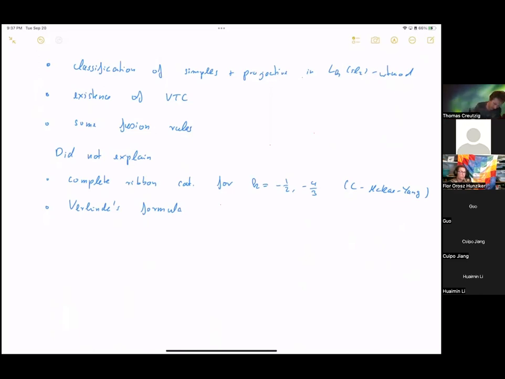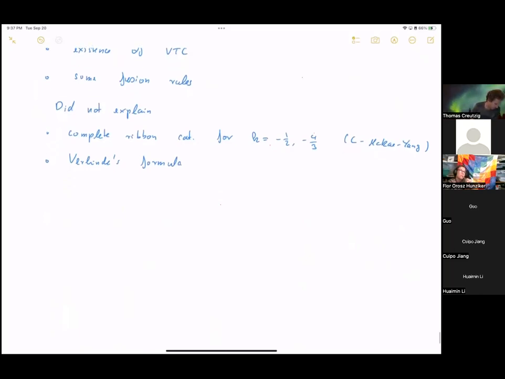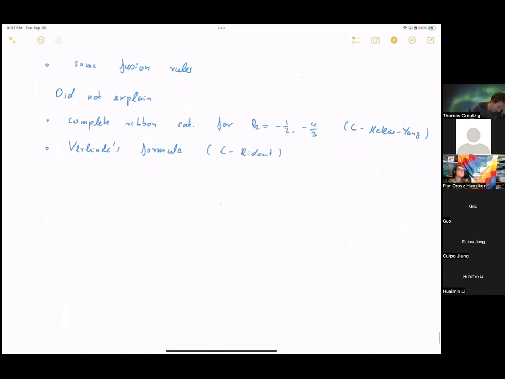Anyway, I did not explain this, the main reason being it's 8-9 years old. I wanted to present something new, but it's a very interesting topic. So these are 2 old articles of David and myself, if you want to have a look. And then finally, let me give you